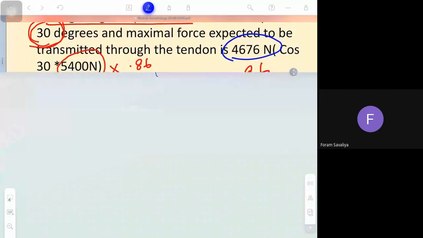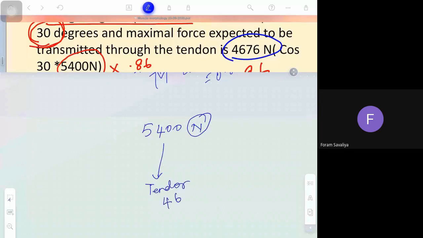The muscle is generating 5,400 Newton, but how much is transmitted to the tendon? 4676 Newton. Even this value is high. See,